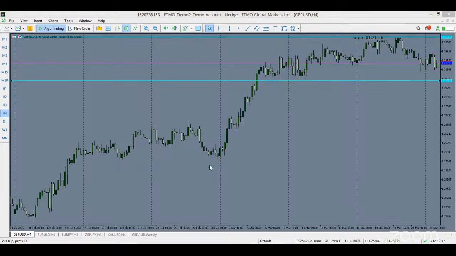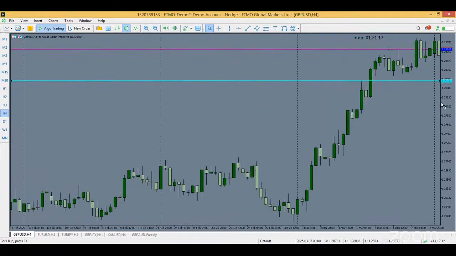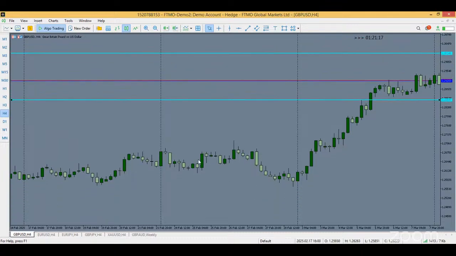So let me expand this. From these lows here, what did price do? If you said this was your low, and if you look at the range, where's your valid range? If you are looking at this very carefully, this is a lower low, and then it started from somewhere here. It pushed down, and then it pushed back up and broke these levels here. So once it breaks it here,